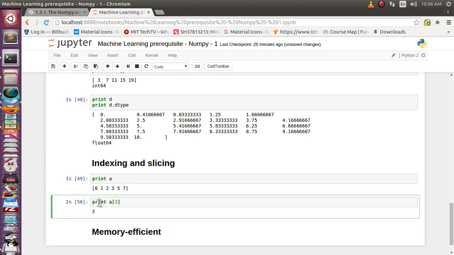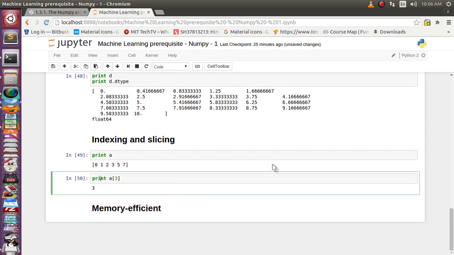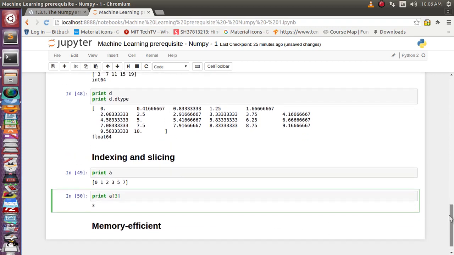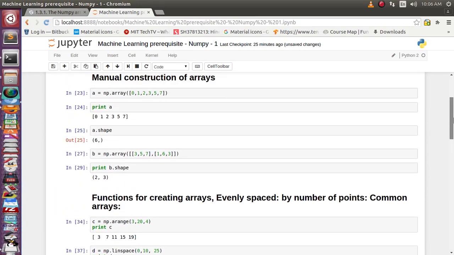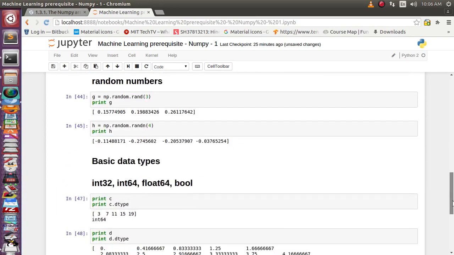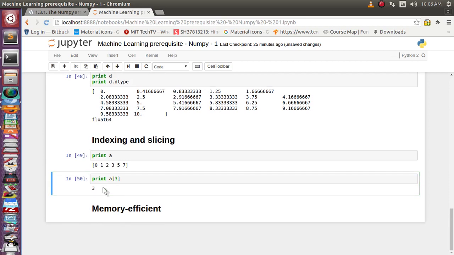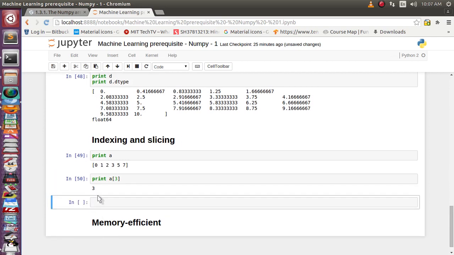Let's see how we can access elements of any 2-dimensional array. Do we have any 2-dimensional array? Yeah, B is a 2-dimensional array. So let's print it and let's extract the data out of it.